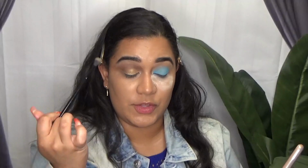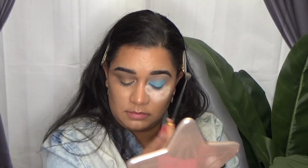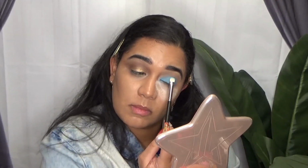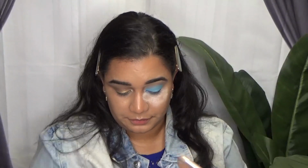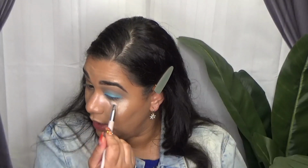Alright, now with that same brush that I used for this one, I'm going to dip into Yak as well. Yak Farms, I'm sorry. And just diffuse that a little bit. I'm going to dip into Yak Farms and Wyoming just a little bit. Oh boy. This is such an intense blue. Now I'm just gonna go ahead and remove